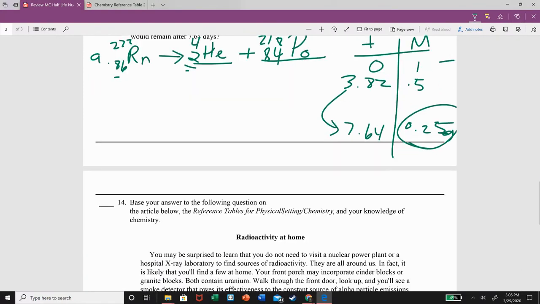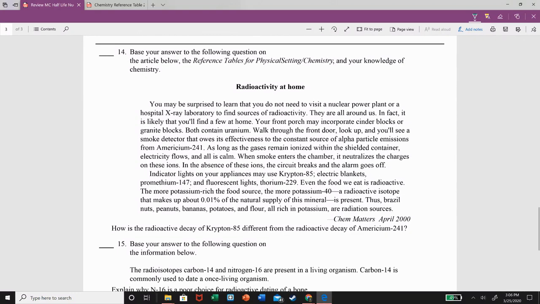All right, so let's see. What do we have on our next page? Oh, big, long reading thing here. Okay, whenever I have one of these big, long reading segments, I kind of just read the question first, and then I'm going to go back to the reading. So then I want to see, how is the radioactive decay of krypton-85 different from the radioactive decay of americium-241? So basically, I'm looking for something in this reading or something in my reference tables that talks about krypton-85 or americium-241. So now let's go through the reading, and I'm just going to scan through, and I'm going to